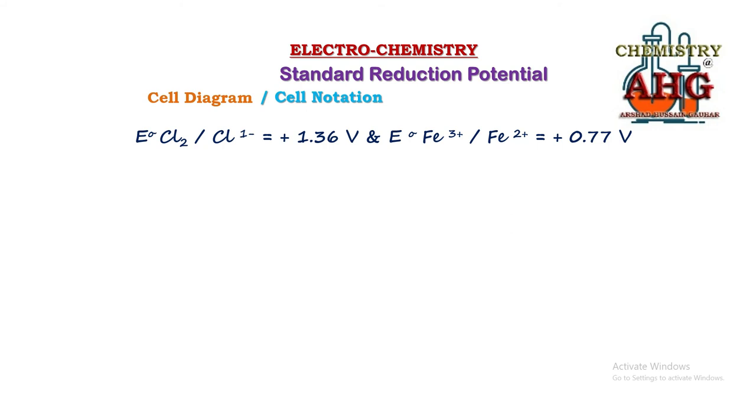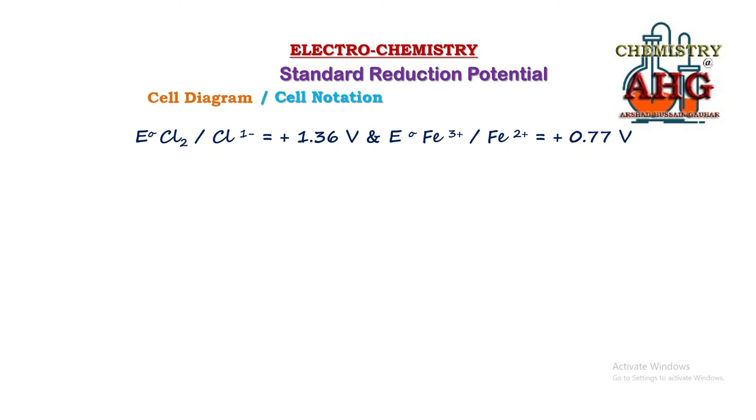Now in this case there is no need to look at the chemical equations, simply you can see that the element chlorine Cl2 is the reactant, chloride is the product, Fe3 plus is the reactant, Fe2 plus is the product, nothing else is present in these half equations. Okay, now you will decide in which half cell reduction will take place. It would be chlorine because its standard reduction potential is mathematically a greater value. So you will oxidize the iron half cell, and during oxidation its chemical equation will be reversed.